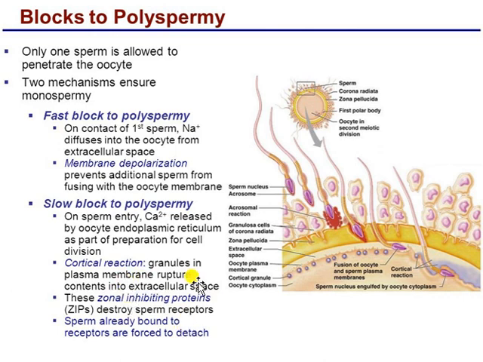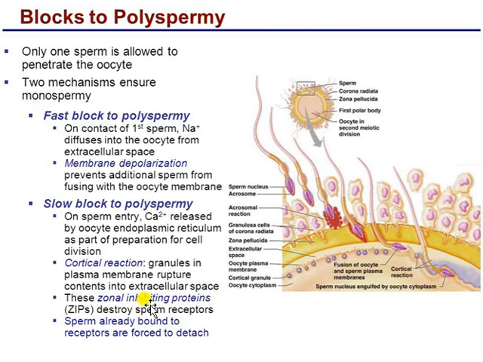But in the case of the cortical reaction, what is happening? When the cortical granules rupture, their contents are released outside and make one specific extra covering layer, so that further sperms can't penetrate the ovum.